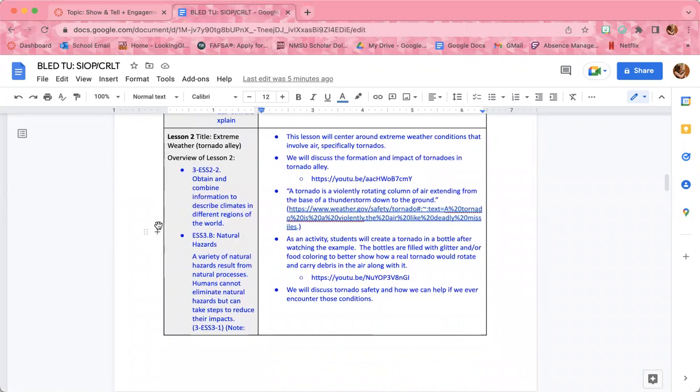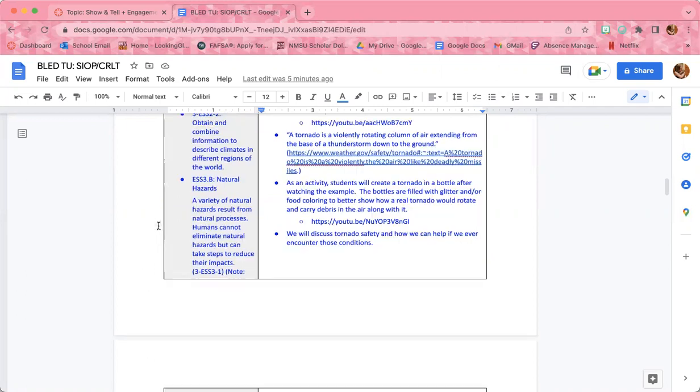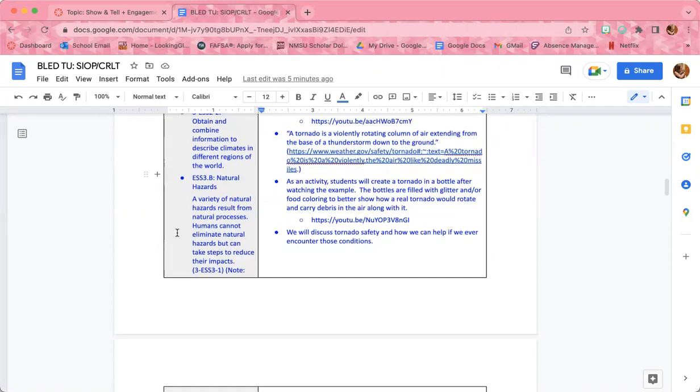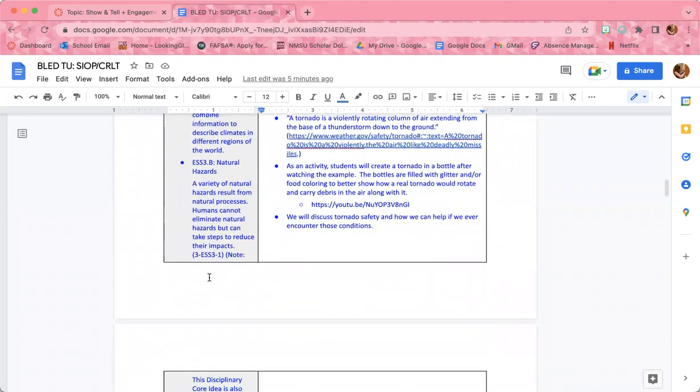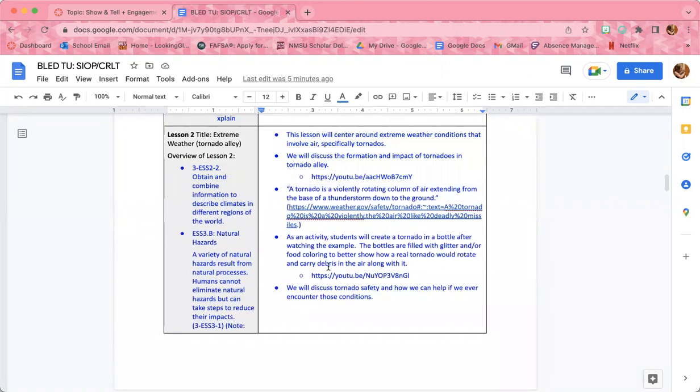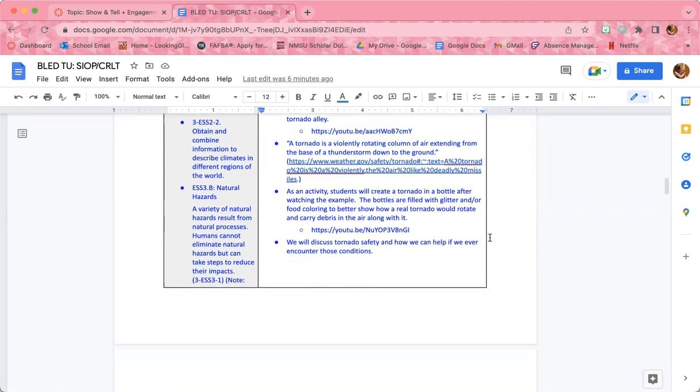Obtaining and combining information to describe climates in different regions of the world. In this instance, Tornado Alley, discussing how air can turn into extreme weather, and then the natural hazards, of course. We're going to start with a video to get the students hooked and interested. And then as a hands-on science experiment activity that the students will get to do